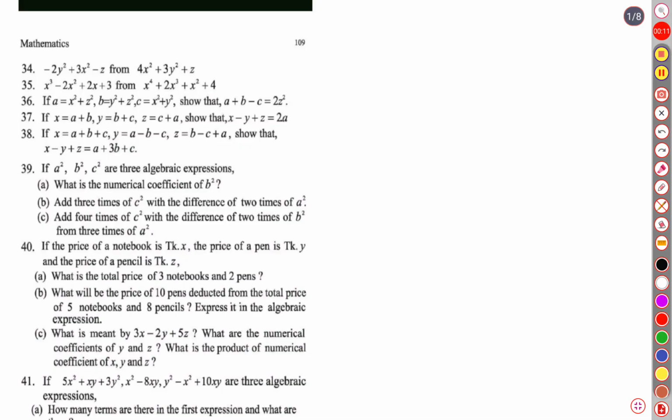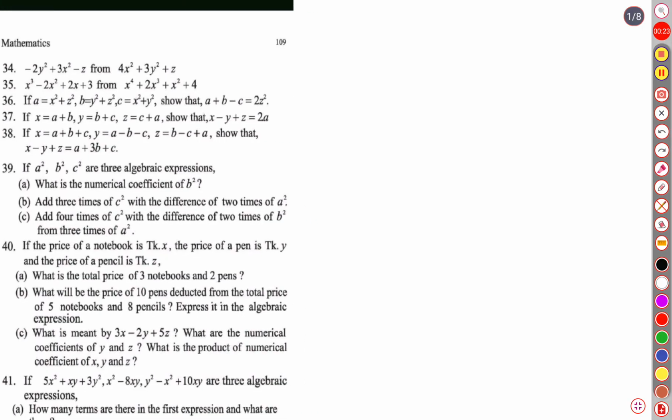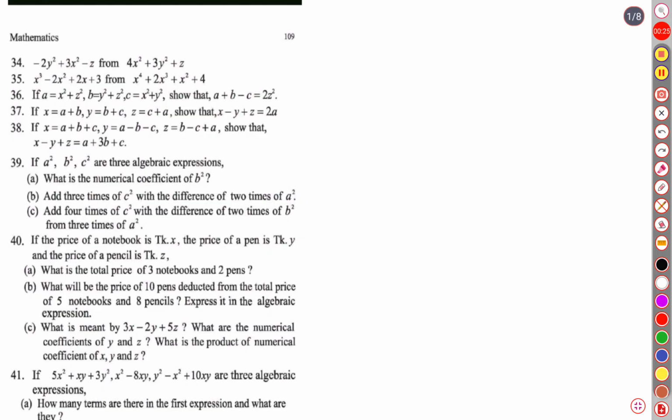Let's start with page number 109 and question number 34. Let's solve question number 34, or we can solve 35. Let's start with 35. Question number 35 says: subtract negative 2y square plus 3x square minus z from 4x square plus 3y square plus